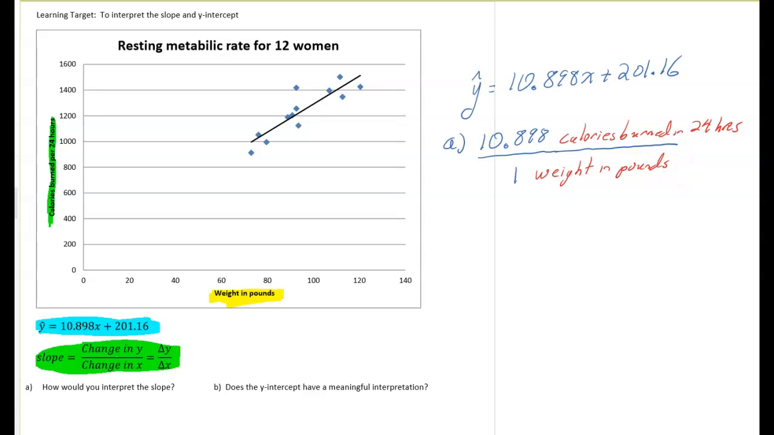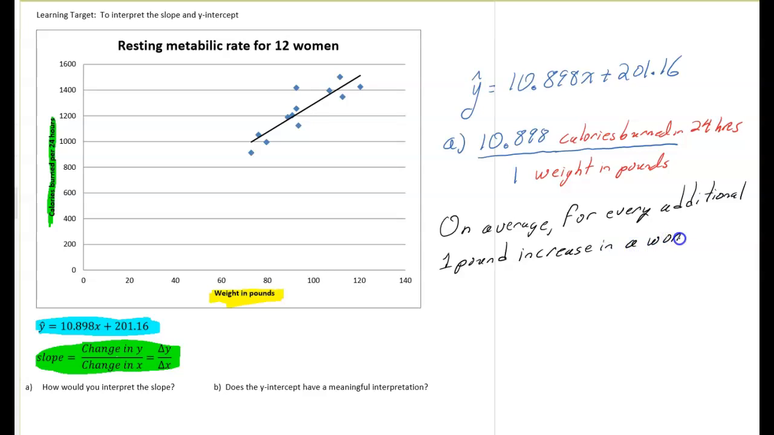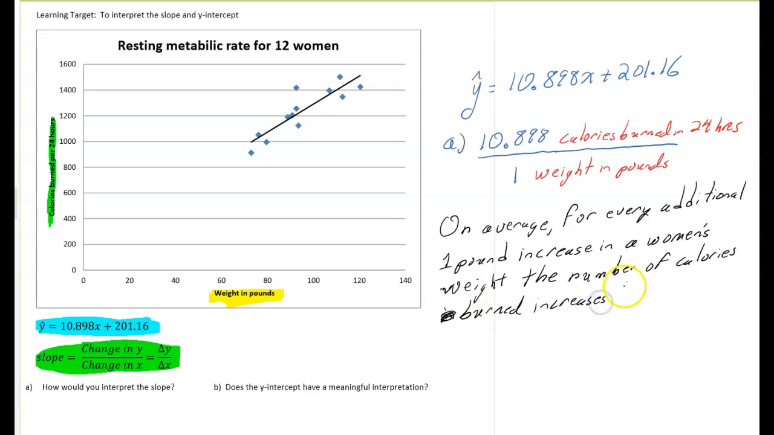So then we want to write that as a sentence. So we're going to start off with on average. So that's because we're using a least squares regression line, which is a prediction. And then for every additional 1 pound increase in a woman's weight, the number of calories burned increases by about